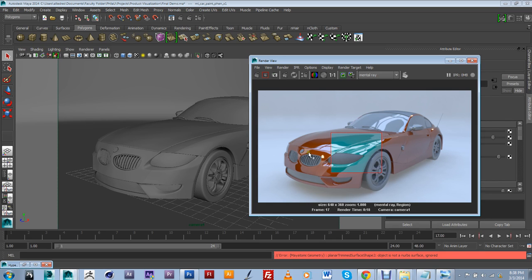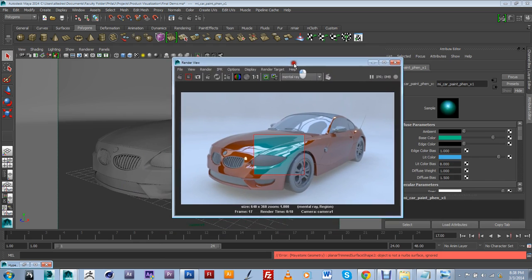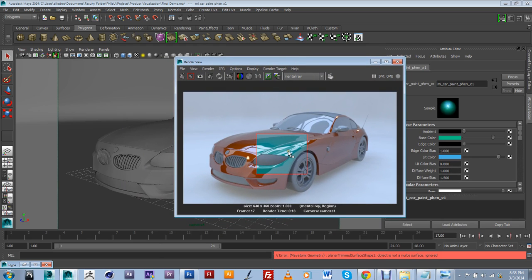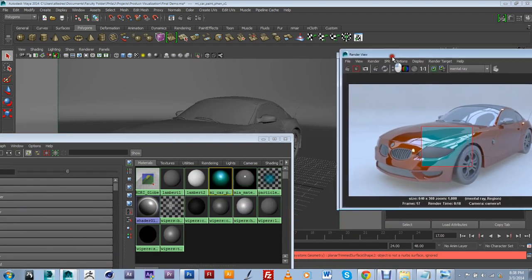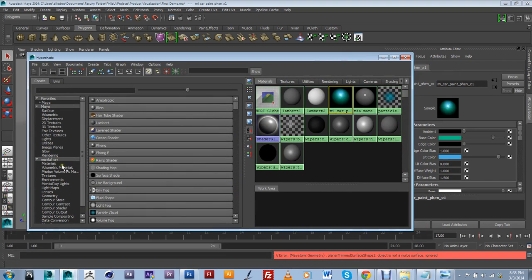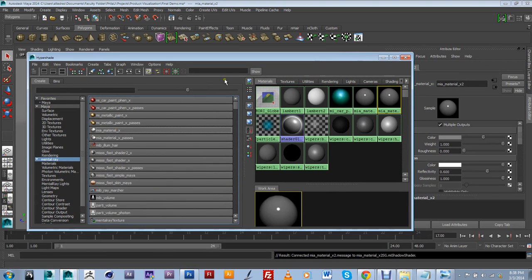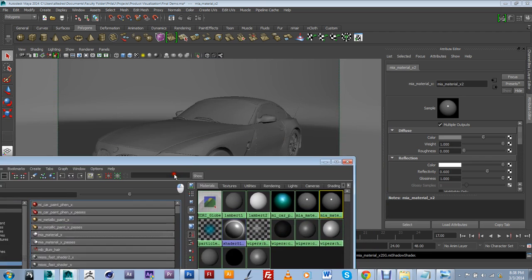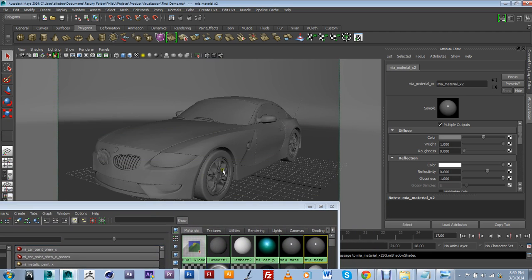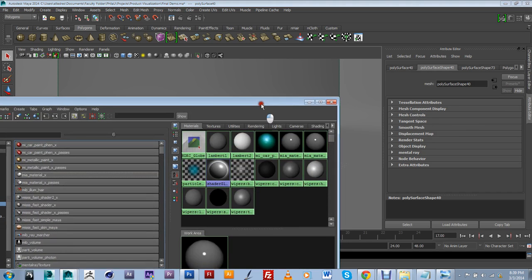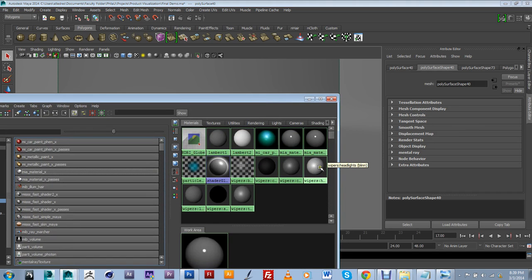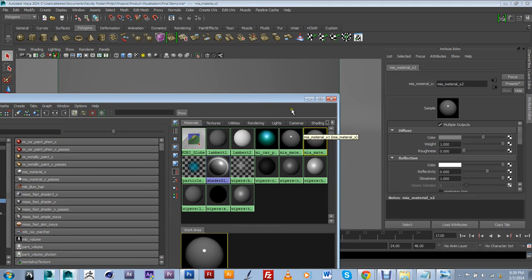So at this point we want to start creating some procedural materials, our Mia X materials. Let's go back into our Hypershade. The nice thing about the Mia X materials in Mental Ray is that it comes with a bunch of presets that you can use right away. So for instance, if we needed chrome for our wheels and our grill and those edges and stuff like that, I just created a new Mia X material, which is this one right here,